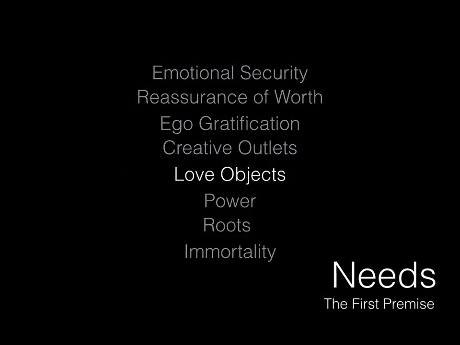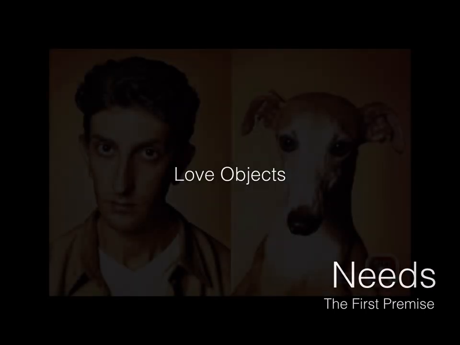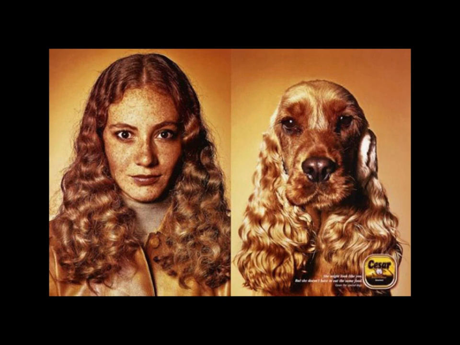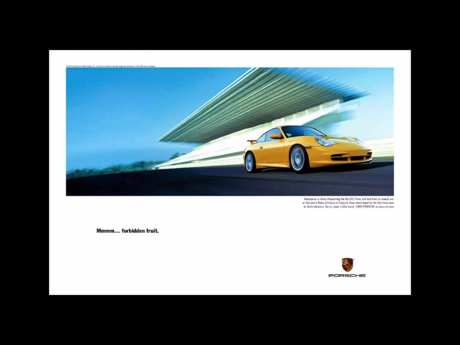Next, one of my favorites, is love objects. We surround ourselves with these kinds of things. This kind of harks back to the idea of ego gratification, but it can extend into something that's a little more compulsive, into something that might be a little more, I can't think of the word, like our dogs. I have two golden retrievers, and they are my love objects that way. And if I'm looking for a brand of dog food that happens to have a golden retriever on it, guess what? They've got my attention. Or this.